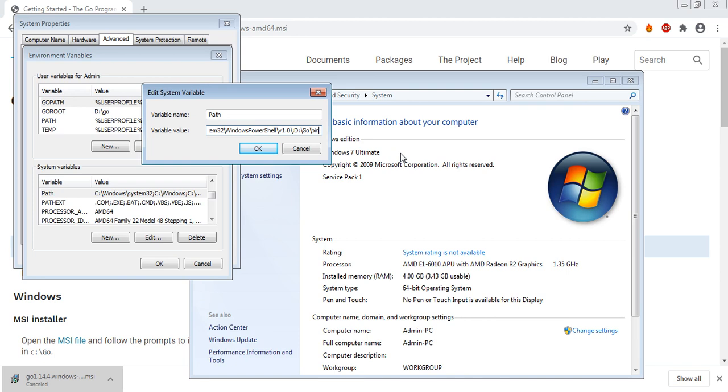Fine. And what you need to do is paste the location of the bin folder for your Go software. Here I have installed my compiler, Go, in the D location. So I'm just typing in here d:/go/bin.